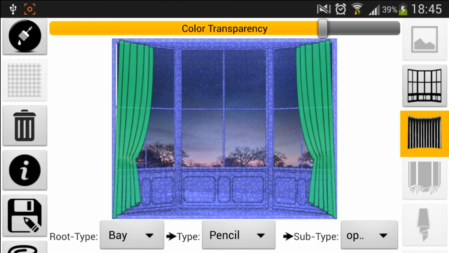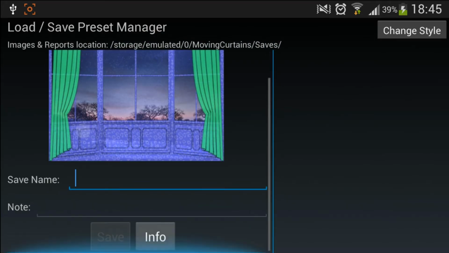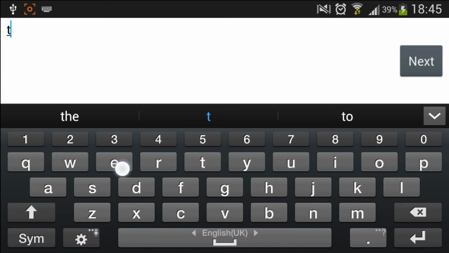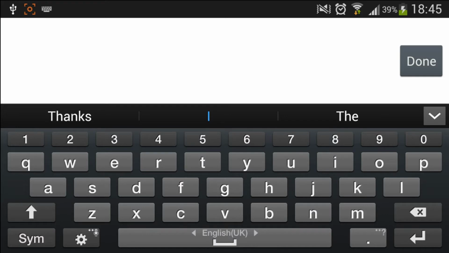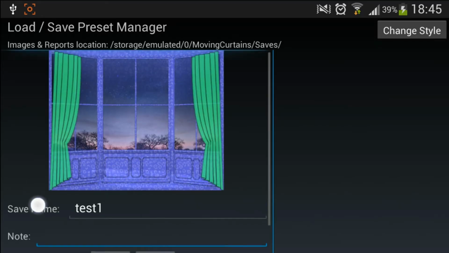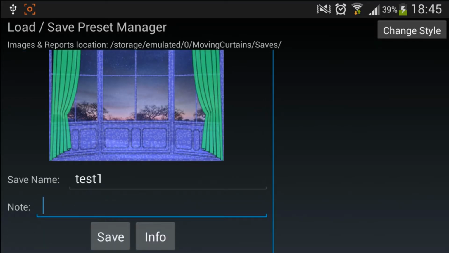Sometimes it just comes back from the, let's say, save menu back to the main screen. So let's go back to the save. Let's say again test1 and note. So here is the bug which is determined that we can change style only in vertical position of the device. So let's not change it now, just let's press save.